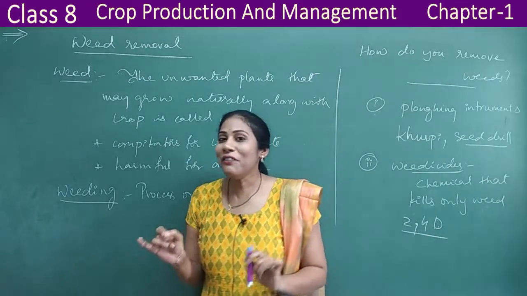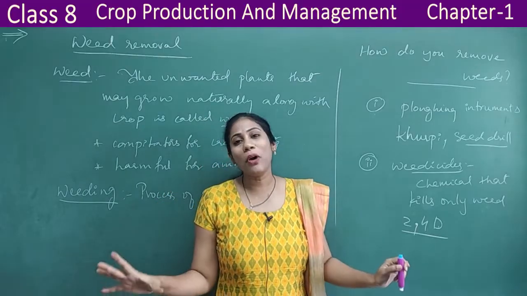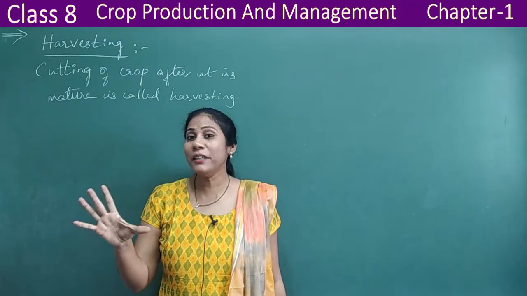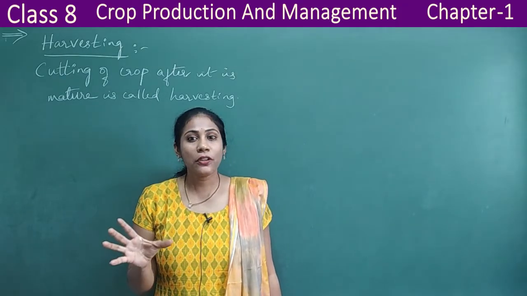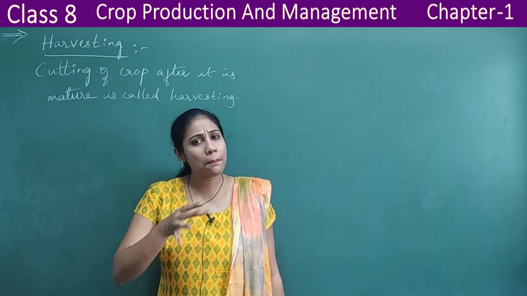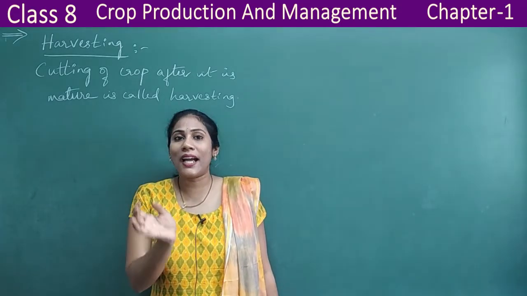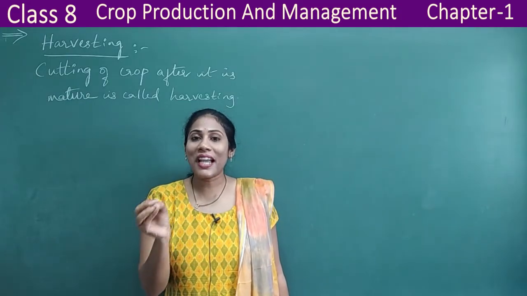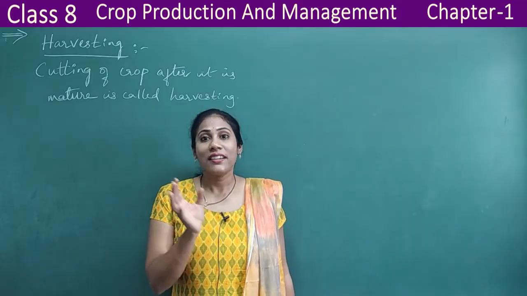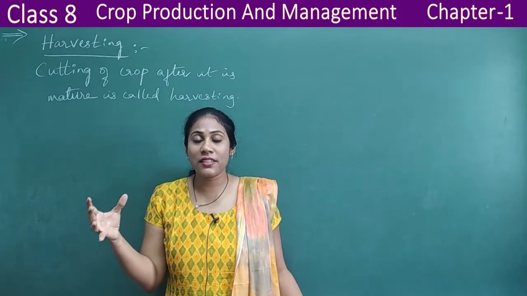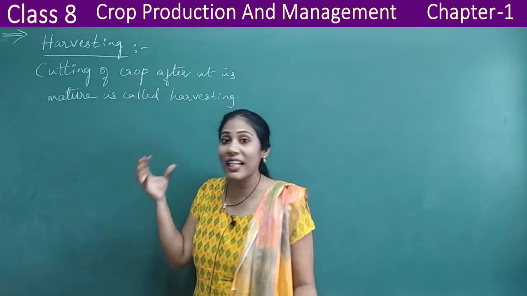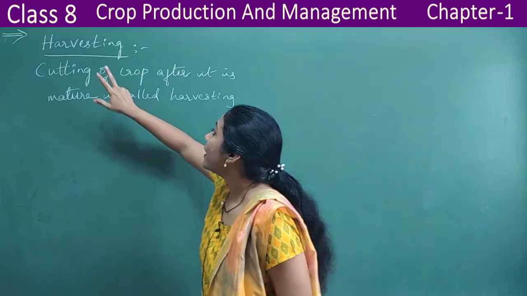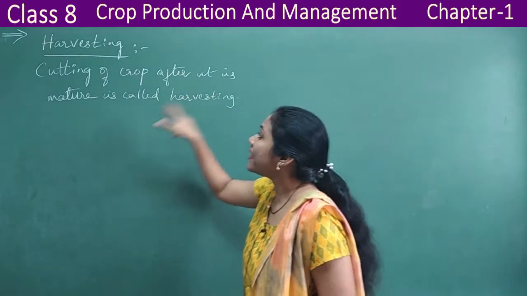Right? Okay, now let us go for the very important step, that is harvesting. See guys, harvesting is a very important step in crop production, because farmers would have struggled months together to grow healthy plants which are finally bearing the food grains, and it's time to collect all the food grains. This collection process, this cutting of crop to collect the food grains, is called harvesting. So what is harvesting here? Cutting off crop after it is mature.